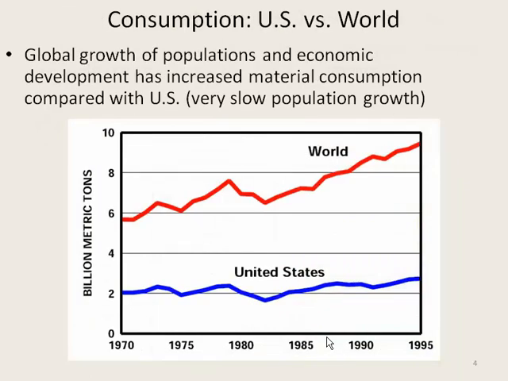When you compare the United States to the world, our use has grown slowly but steadily, along with our population increase and our increasing level of affluence as far as our ability to consume more goods. We're a bit more efficient in many of the things we do, and so maybe don't use quite as much per capita compared to the growth of the rest of the world, but that's mainly due to our slower population growth. The world consumption, though, is increasing at a more steady rate, and our global impact on the planet and its resources has increased accordingly.